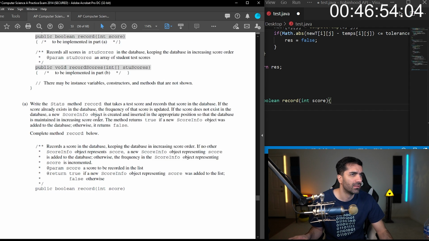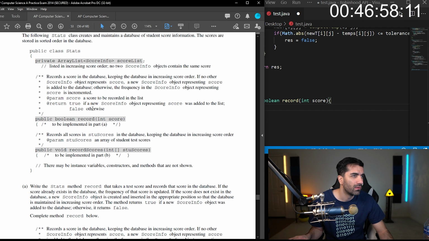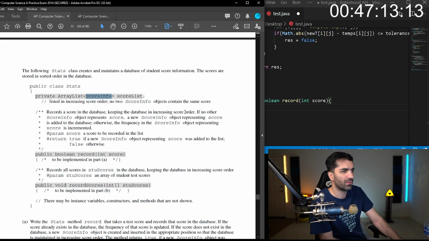Okay, so do we know what score info looks like? Score info object represents score, a new score info object representing score.